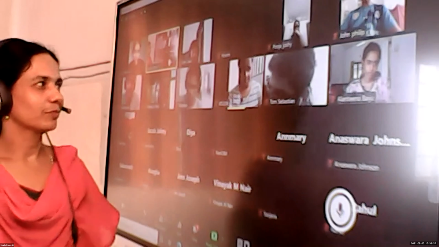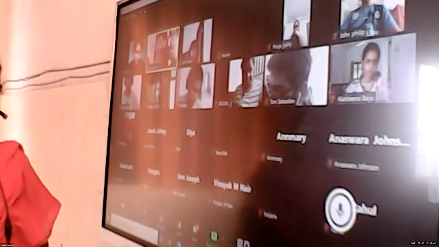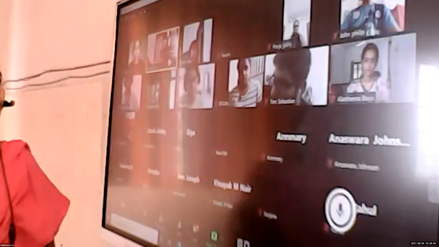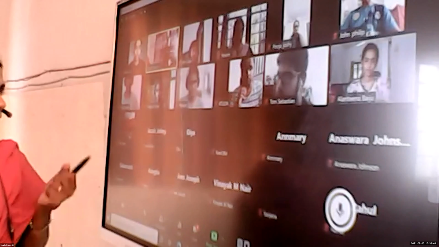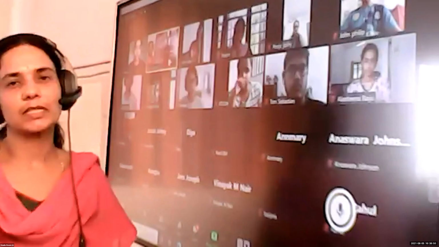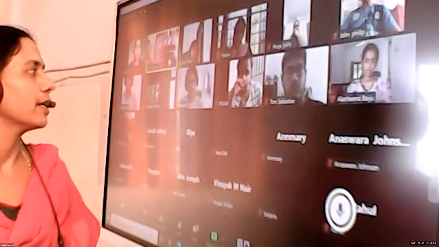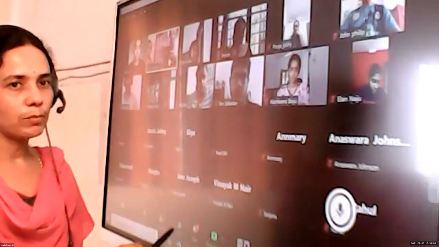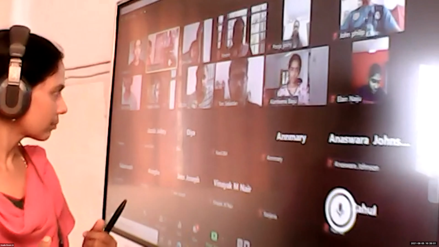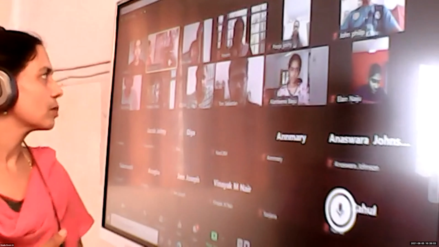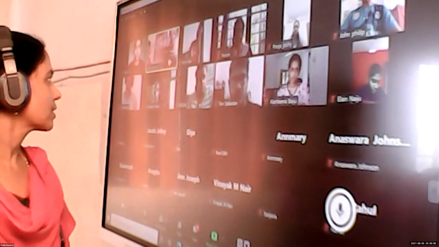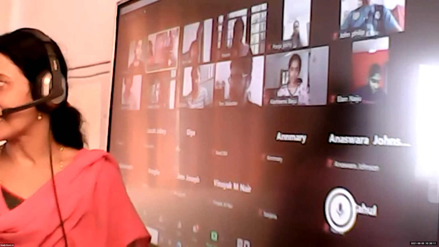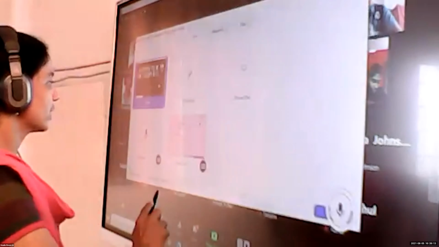Now listen. Out of n objects, we are going to select r objects. Selection means we call it combination, which are the possible ways we can combine. Suppose we have 5 boys and 3 girls. We want to select 2 boys and 1 girl, meaning what are the possible combinations? We want to select and we have to combine. So that's why we call this combination. Combination means it deals with selection.